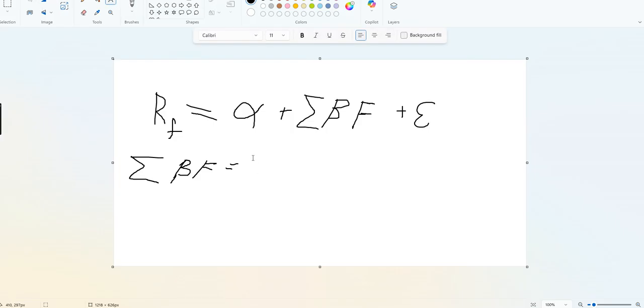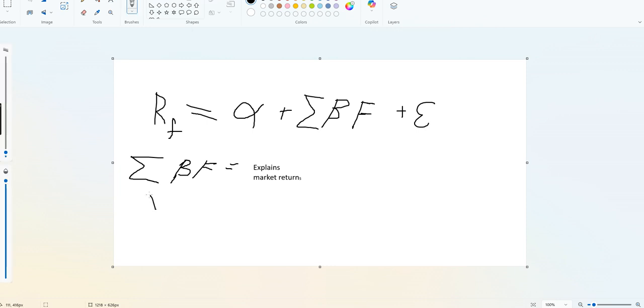Where's the text box? Explains. Let me jump this up a bit. So that's what that term does. Then alpha